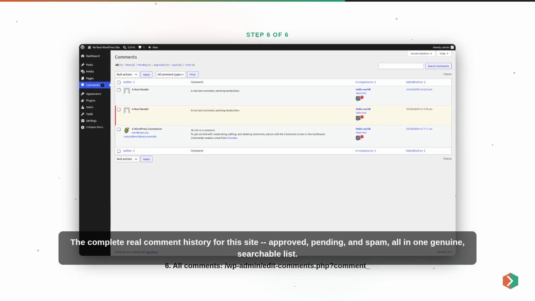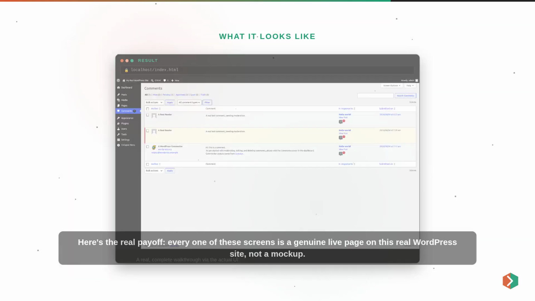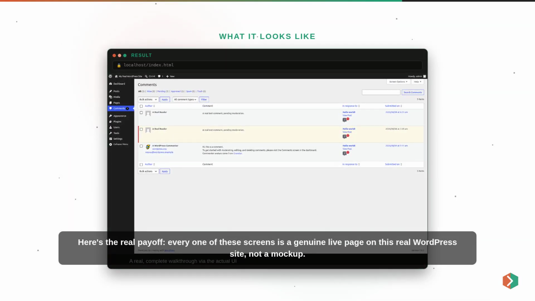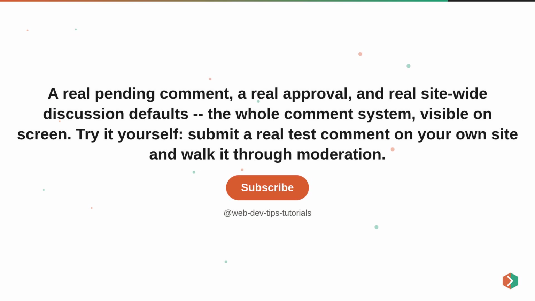The complete real comment history for this site, approved, pending, and spam, all in one genuine, searchable list. Here's the real payoff. Every one of these screens is a genuine live page on this real WordPress site, not a mock-up. A real pending comment, a real approval, and real site-wide discussion defaults, the whole comment system, visible on